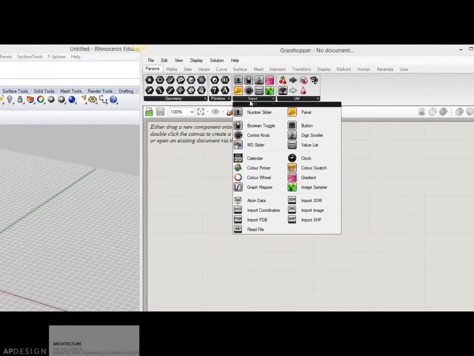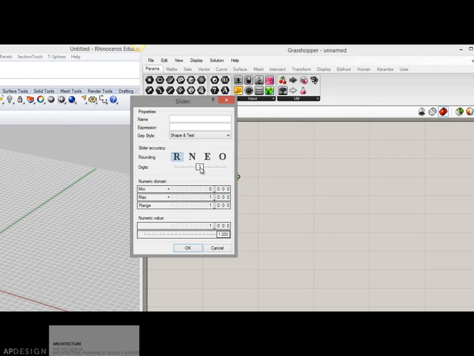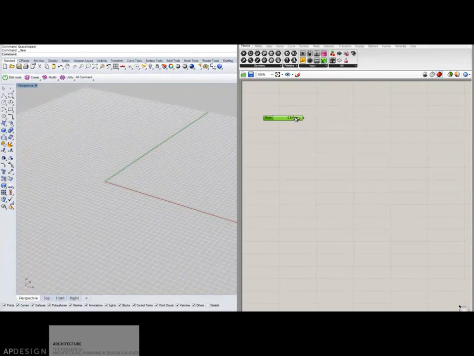And then there are also some in the input. The ones that you're going to use a lot are number sliders. These allow you to range between a minimum value and a maximum value. And you can change how many decimal places it goes to, whether it's just an integer, and whether it's even or odd numbers. You can flip through that. And then of course the maximum range. So this allows you to set up a series of parameters that you might want to